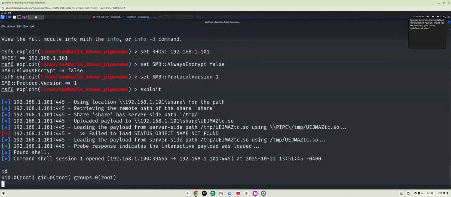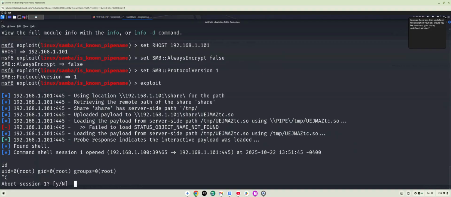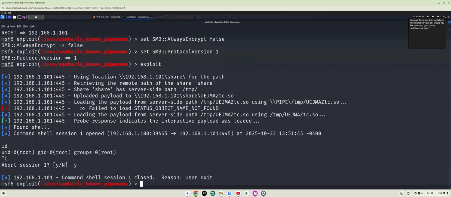All right. So the last thing is I want to conduct some enumeration of a target machine by exploiting an out of date OpenSSH version. To get started there, we need to exit out of Metasploit because we're done using that. So I'm going to do Control C. Then I'm going to tell it yes, I want to abort my session. Then I'm going to say exit to completely leave